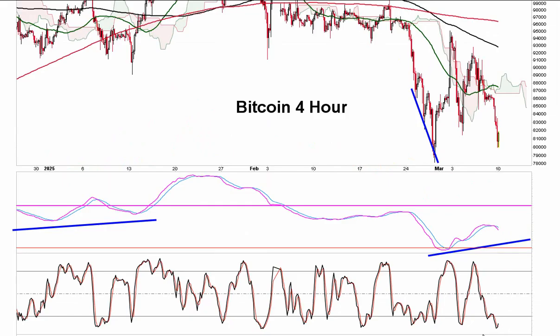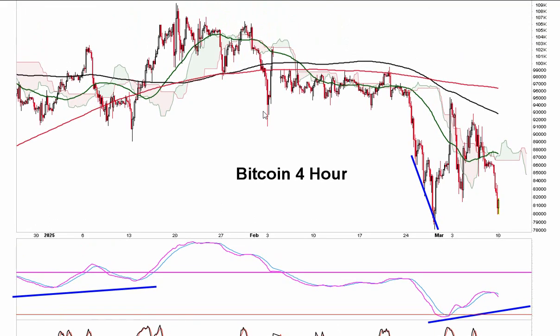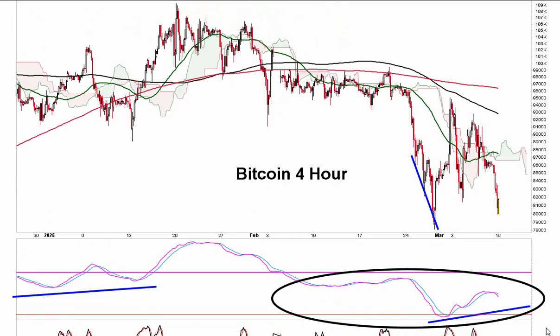In stochastic, it's trying to turn back up with testing that support zone, but you still can form a bullish divergence here on Pring parameter. Again, notice Pring parameter has been in the negative region. Since we lost the 200 period moving average, that's the black line right there, we tried to get back above it, but right after that, we saw Pring parameter go negative, and it's been negative ever since. So again, could be forming a divergence. Maybe it's not done yet.